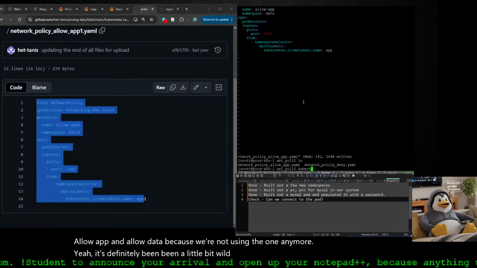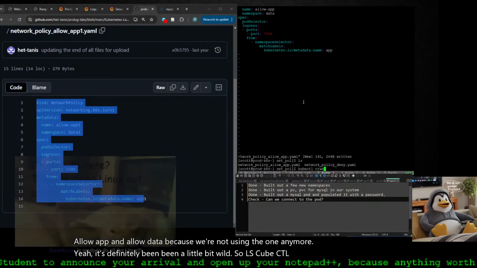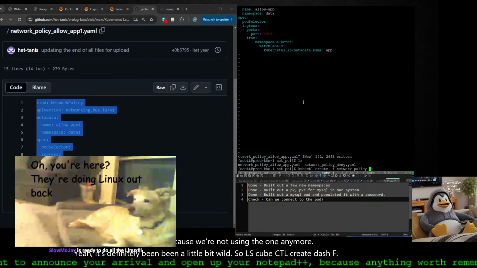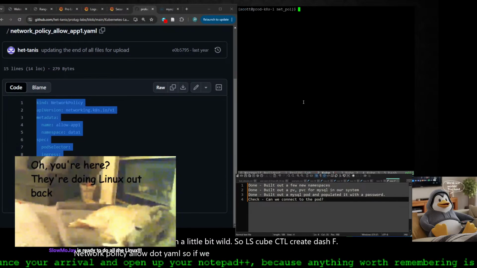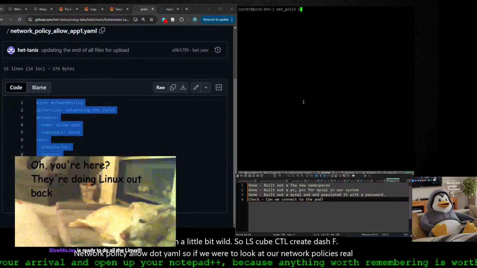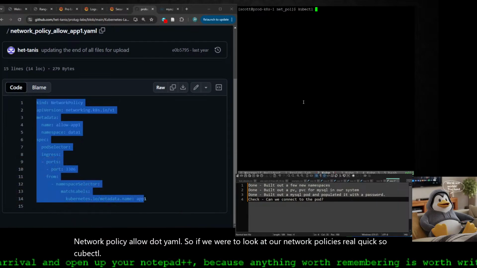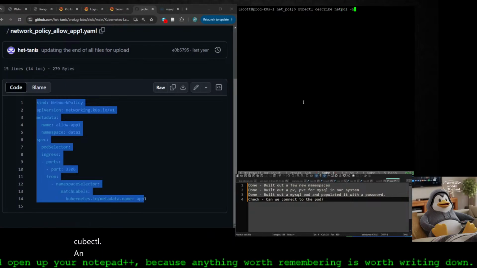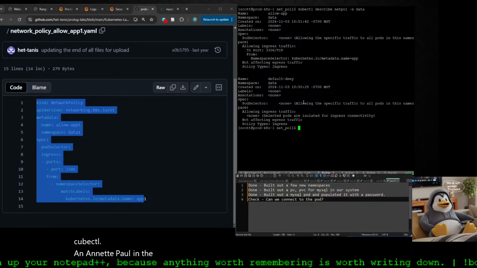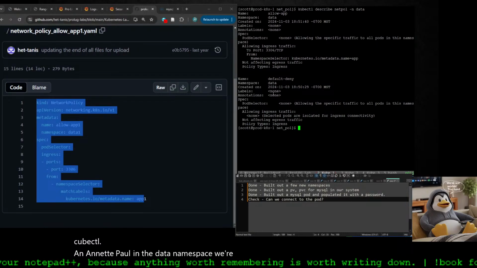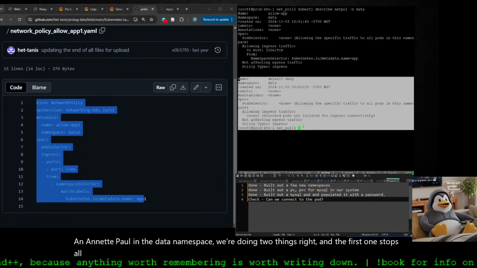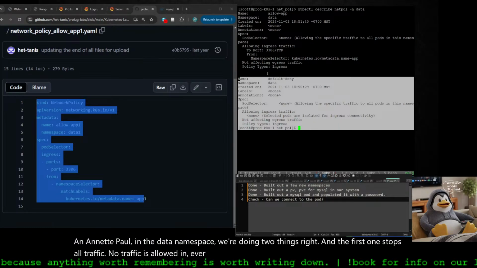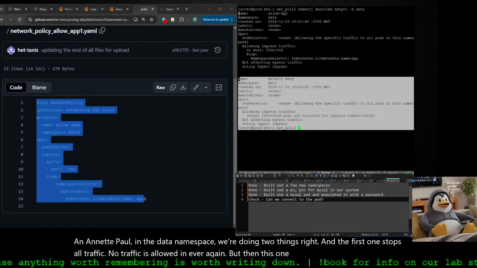So ls, kubectl create -f network policy allow.yaml. So if we were to look at our network policies real quick, kubectl describe netpol in the data namespace, we're doing two things, right? The first one stops all traffic. No traffic is allowed in ever again. But then this one, and the namespaces in Kubernetes are